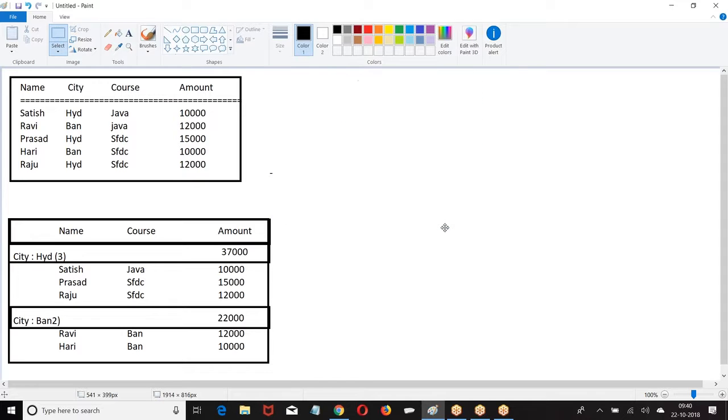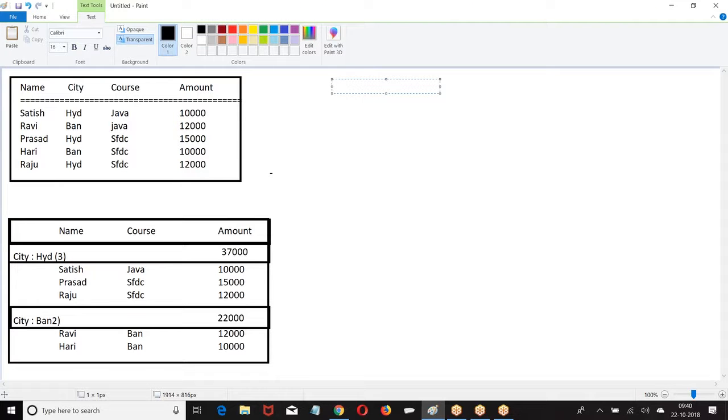We are going for matrix. Matrix is row wise and column wise grouping. So what was that row wise and column wise grouping? Let us see here. Now row wise group based on city, column wise group based on course. What are the courses we have? Java.